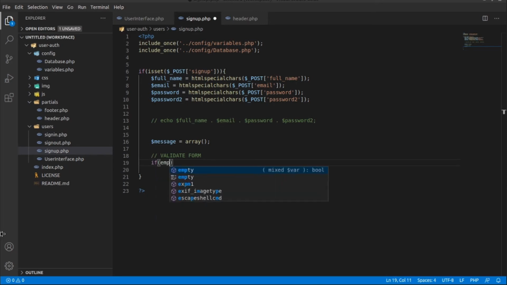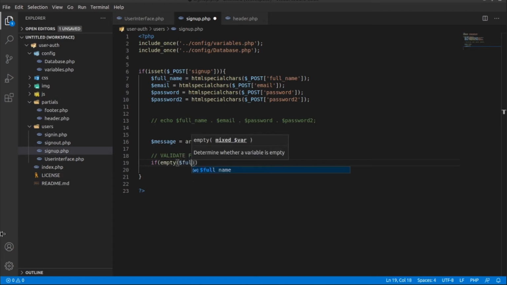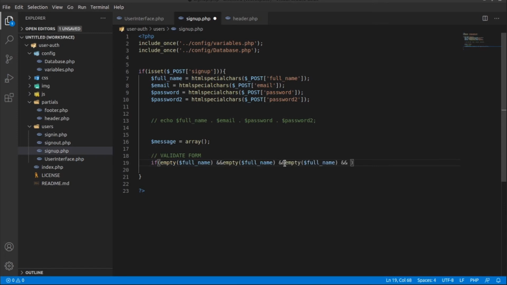At first let's make an if condition: if empty, that means full name is empty. When someone doesn't give any full name, we are not going to save his data as a user. Copy this empty with the and sign, paste it here as well, and one more time.